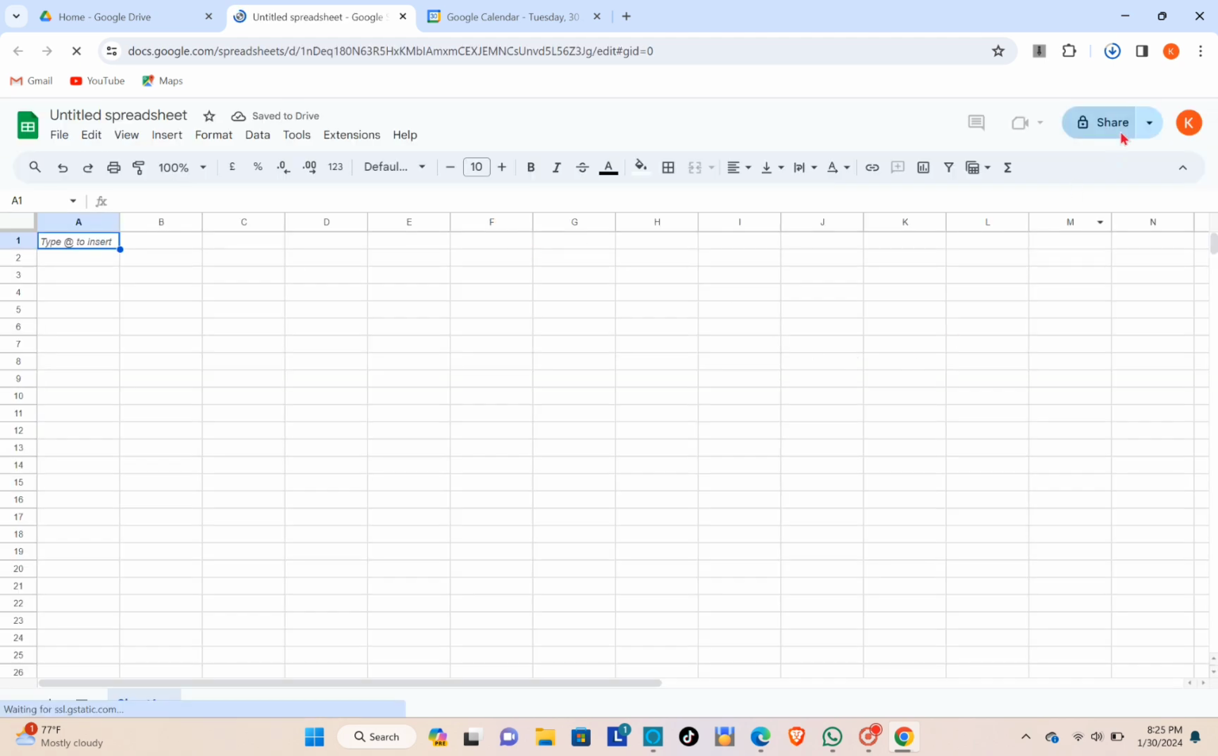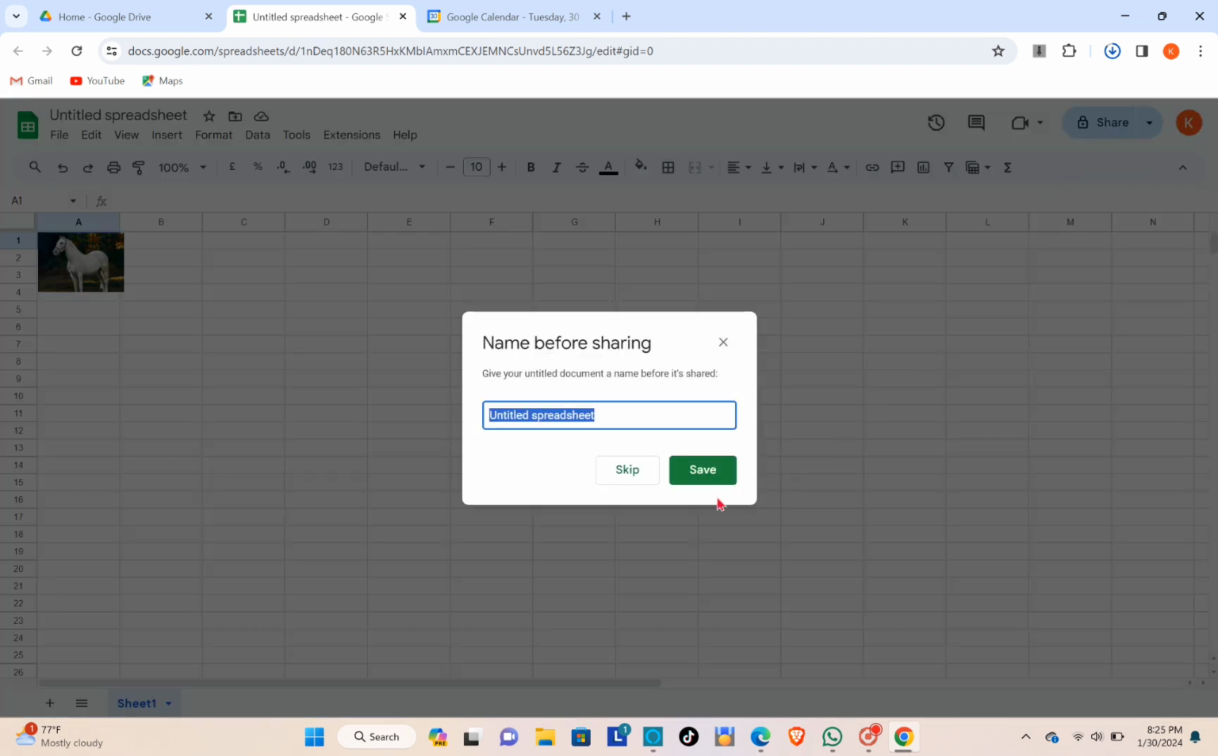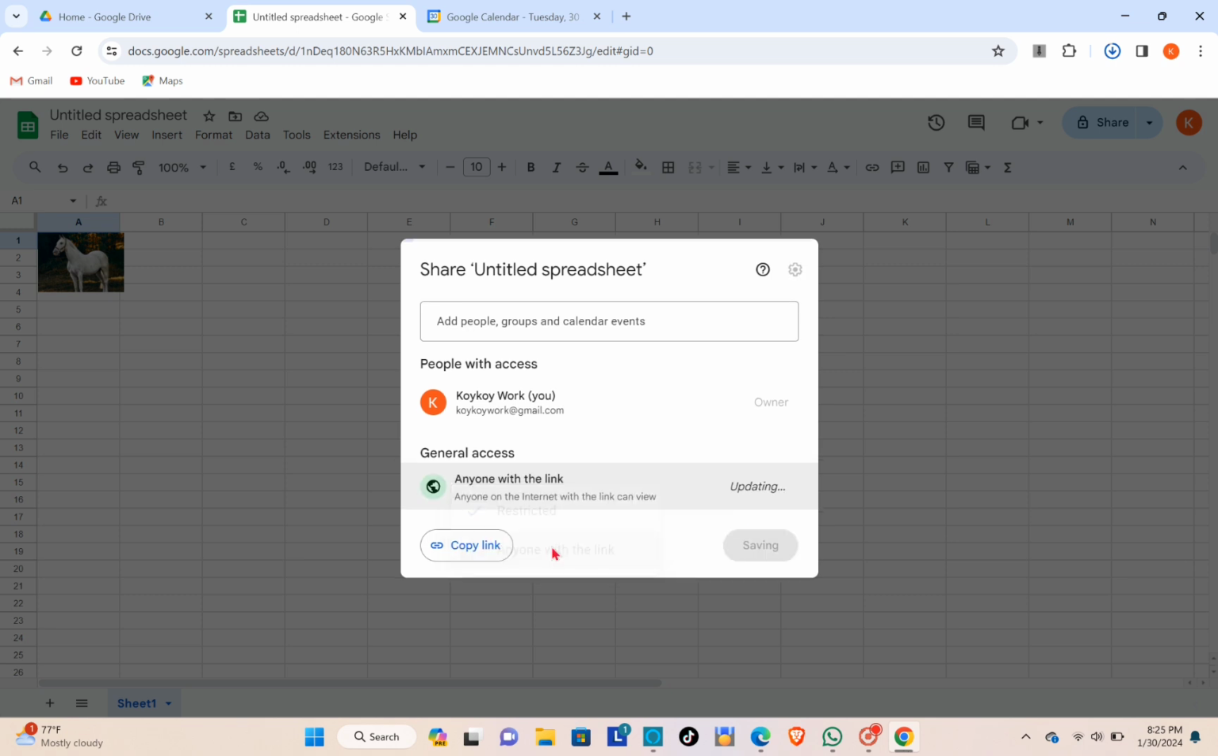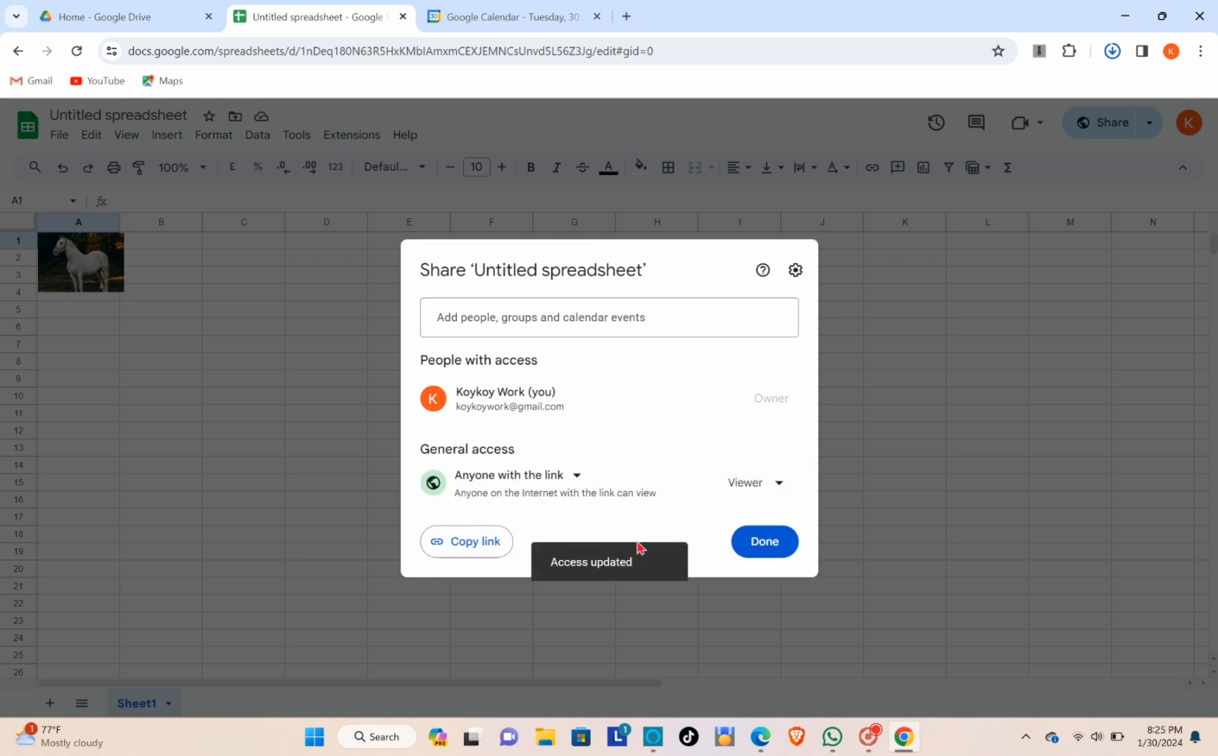And then after that, we'll be able to see the share button. Now click on the share button right here and then click on save. Okay, now you just have to change the access for this. So just click on anyone with the link and then you just have to copy the link and then click